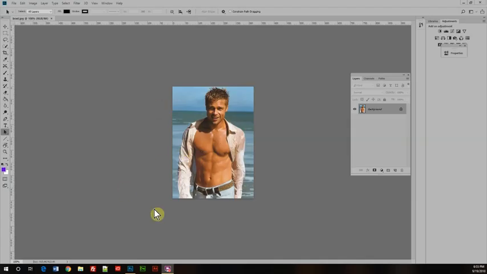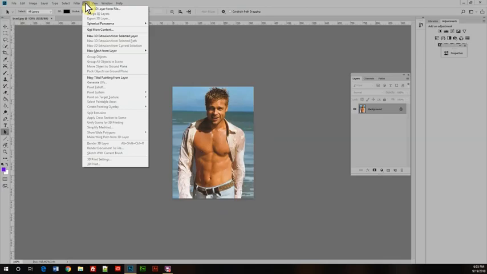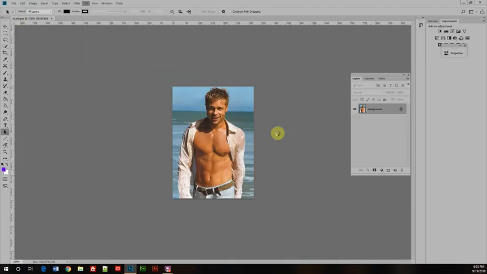Well, as you notice, we've opened up the picture of Brad Pitt, and now I'm going to make some Pitt wine. So we're going to come up here to 3D and get a new mesh from layer. Instead of making it from scratch, we're going to do a preset. If I wanted to, I could make some Pitt beer and just pick the soda can instead, but I'm going to go Pitt wine because it's more fun, and I also get a chance to show off some more of the capabilities. So we're going to go wine bottle,